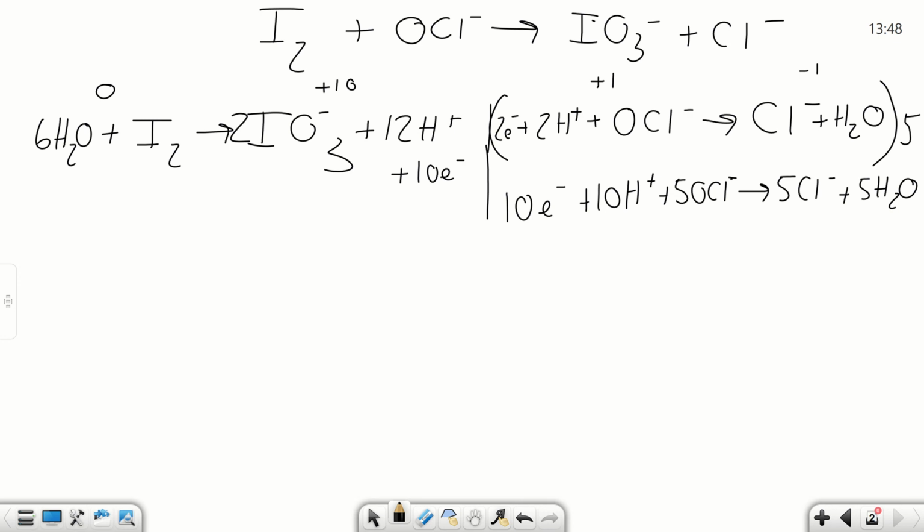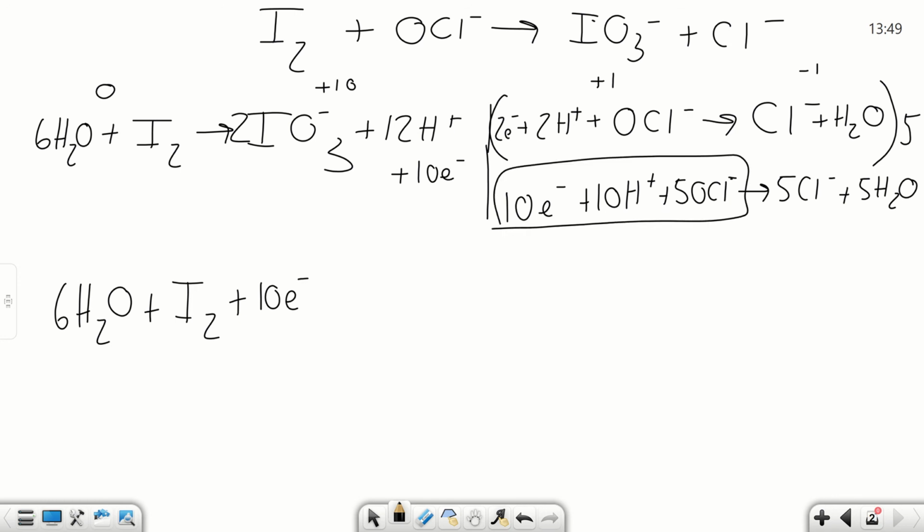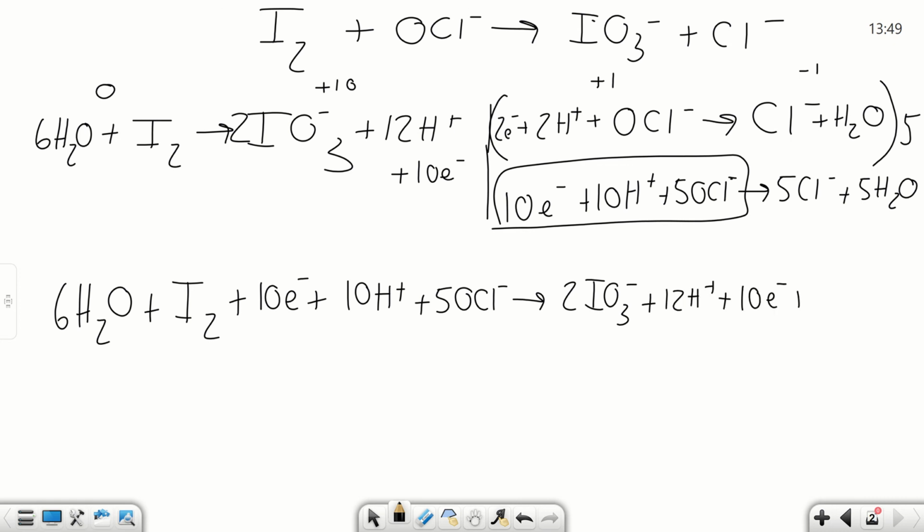Now what we do is we add the two reactions together completely. So put everything that's reactants on one side and everything that's products on the other. So I get 6H2O plus I2, that's all I have on that one. I need to grab everything on the other reaction: 10 electrons, plus 10H plus, 5 OCl minus, will produce, going back to my first reaction, 2IO3 minus plus 12H plus 10 electrons, plus my last two things here, 5Cl minus plus